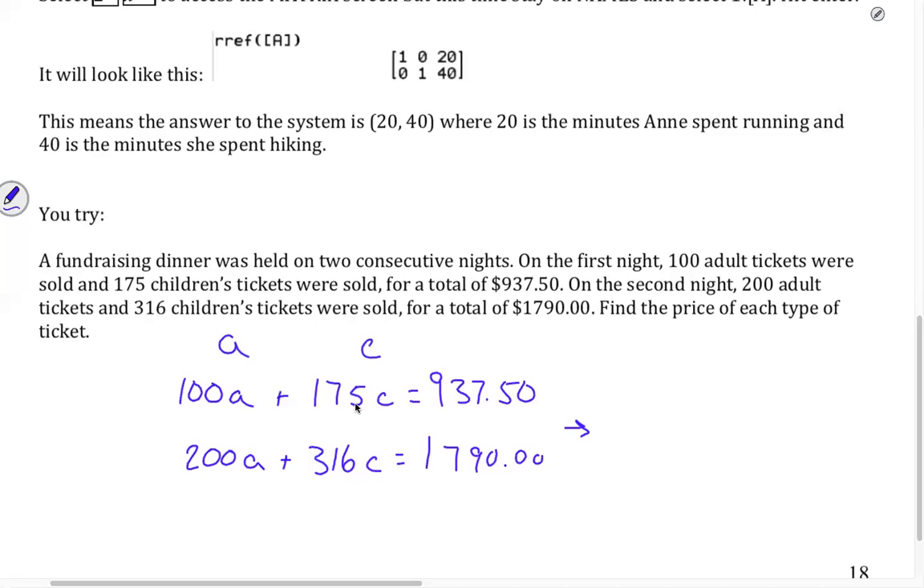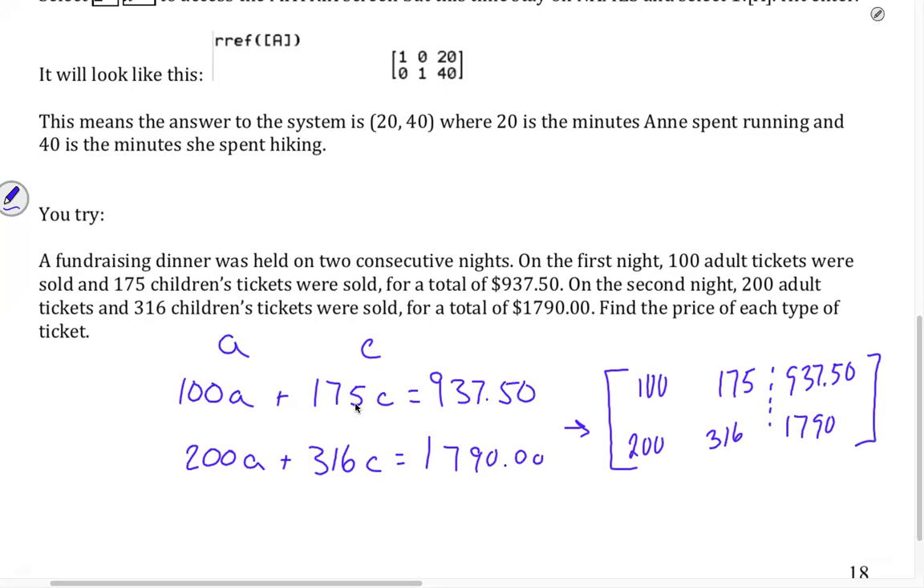So the key here would be to change that to an augmented matrix of 100, 175, 93750, and then 200, 316, and 1790. And then when I use that RREF, I'll get A equals